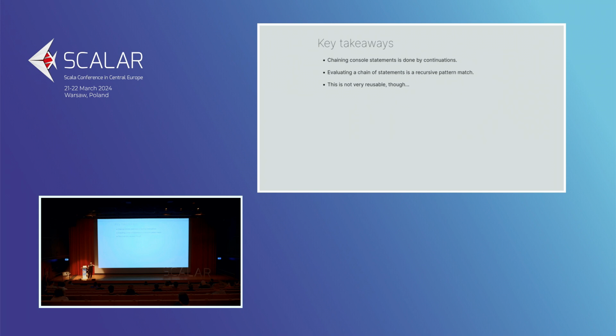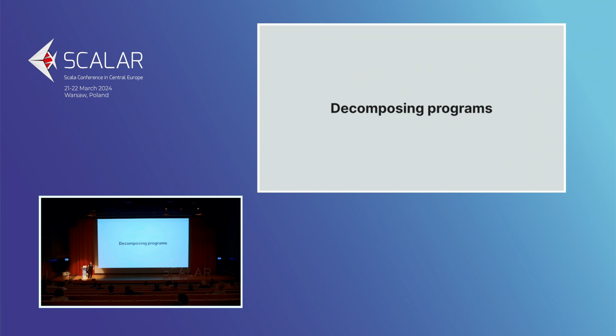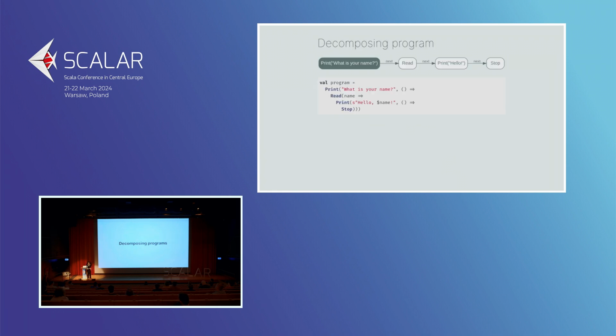So what I'm going to do is decompose that and then see where that takes us. And once we're done with decomposing it, we're going to recompose it and try to make that work properly. How is that going to work? Well, this is just a copy and paste from the previous slides. This is what we have, and at least to me, there's an obvious two parts to that program. The first one being this. We ask a user for the name, and then we read it.